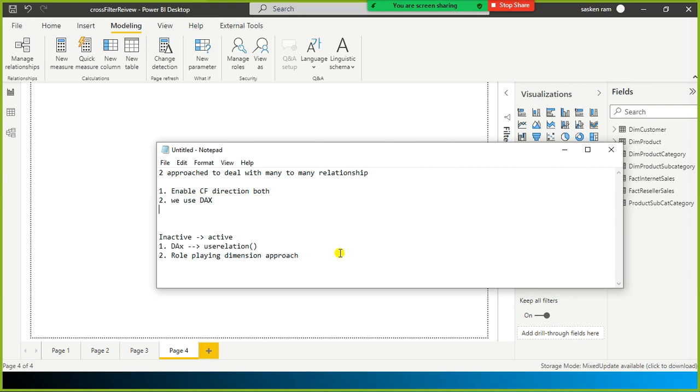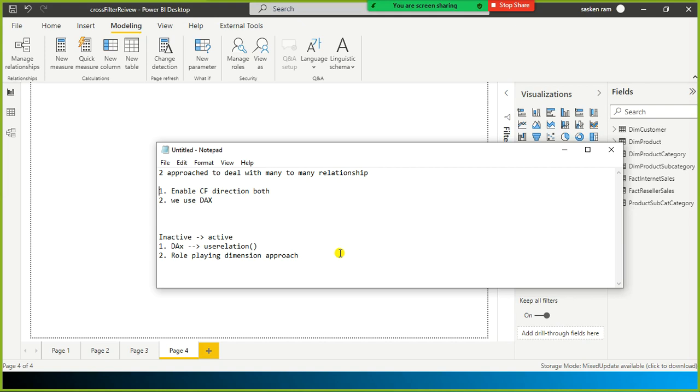If you want to combine the results of two queries, you can combine them together, like I showed you yesterday in the last session. So the sales amount by order date and the sales amount by ship date. If you want to combine these two into a single visual, it is possible with DAX, and with minimal effort you can do it.